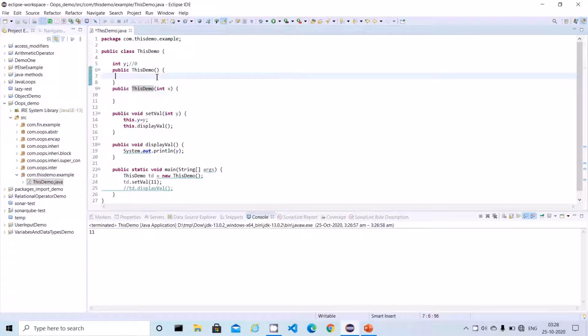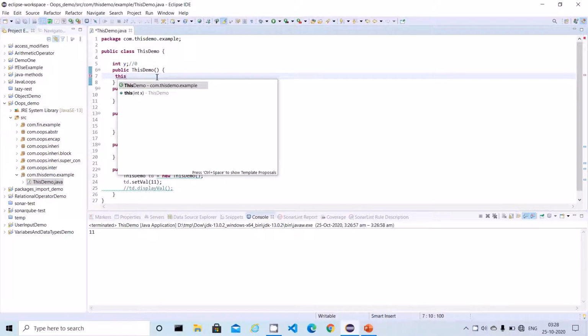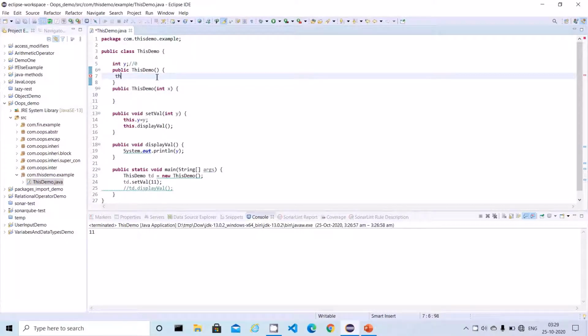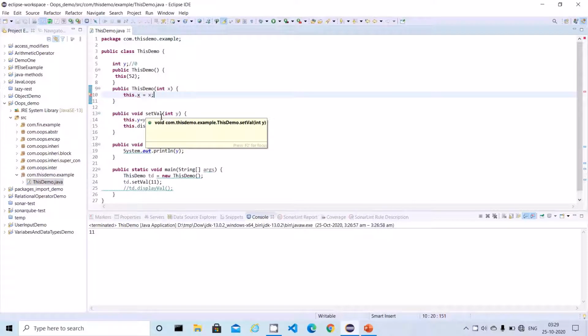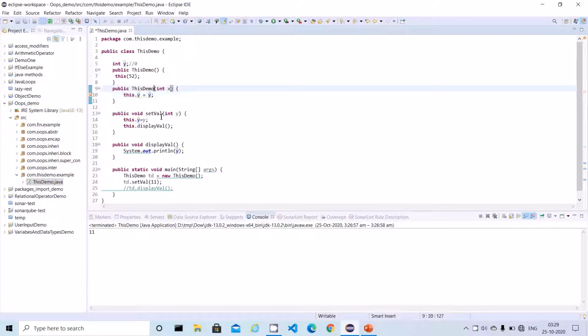It's very easy. You can use the same this keyword and pass the argument. Which constructor do you want to call? I want to call the argument constructor, and you can write it right over here. So this is another use case. By using this keyword, we can call the constructor as well. So by using this code, we can call the constructor as well, right?